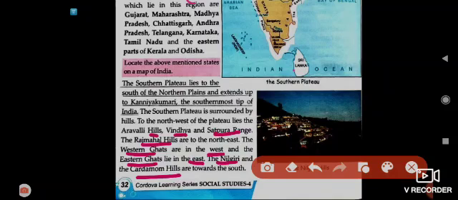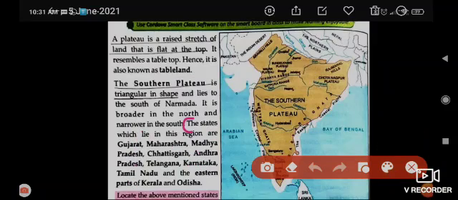So let me explain this along with the map. As you can see in the map, the Southern Plateau lies to the south of the northern plains. Below the northern plains, the Southern Plateau starts and it extends up to Kanyakumari, the southernmost tip of India.